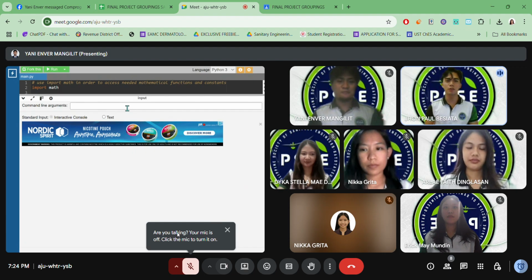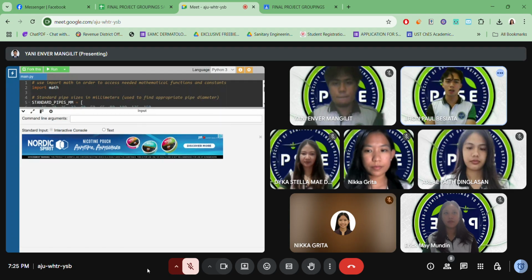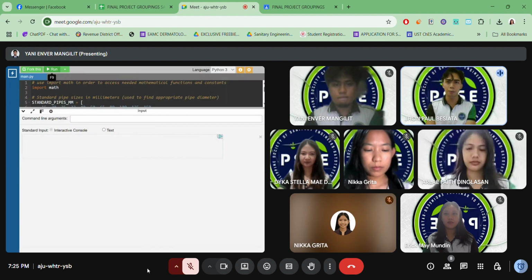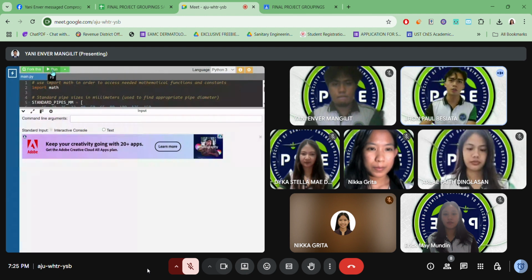Hey everyone, today we'll show you a program we made called the Digital Sewer Pipe Sizing Calculator. It's written in Python and helps engineers, students, and planners figure out what pipe size to use in a housing area sewer system. So basically, it estimates how much wastewater a group of houses might produce, and then uses standard formulas to recommend the smallest pipe that can handle it properly. This tool makes designing sewer systems easier, faster, and more accurate, especially in the early planning stage.